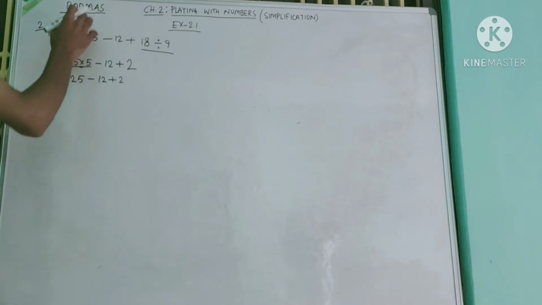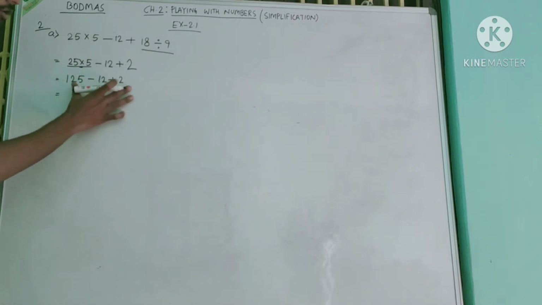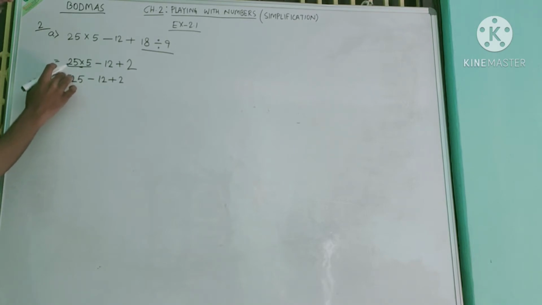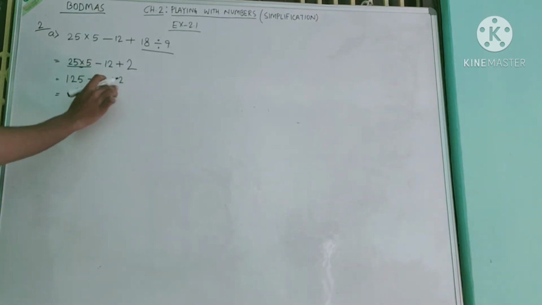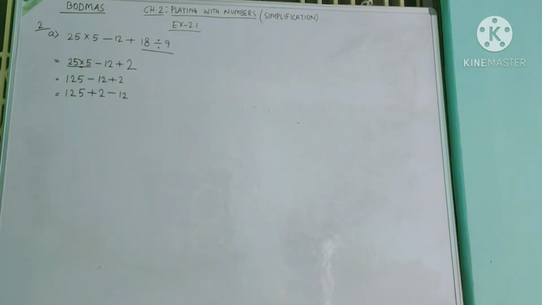Then what is there? Is there addition? When you are adding something, don't be confused regarding addition. When this expression comes, what will you do? You have to see the front of the numbers. Always you have to see the front of the numbers. So when we see the front of the numbers, here is plus. When there is nothing, it means plus, and here is minus, here is plus. So all the plus terms should be put on the same side, and the other is left over.